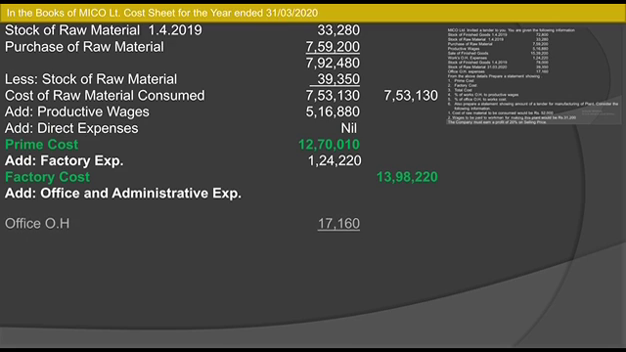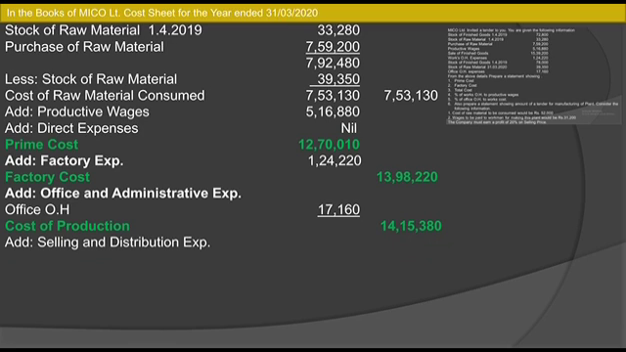Now in the question, office overheads are given as 17,160. So if you add this to the total of 13,98,220, plus the office overhead, you will get the cost of production, rupees 14,15,380. Now as you can see, there is no information about the selling and distribution expenses given in